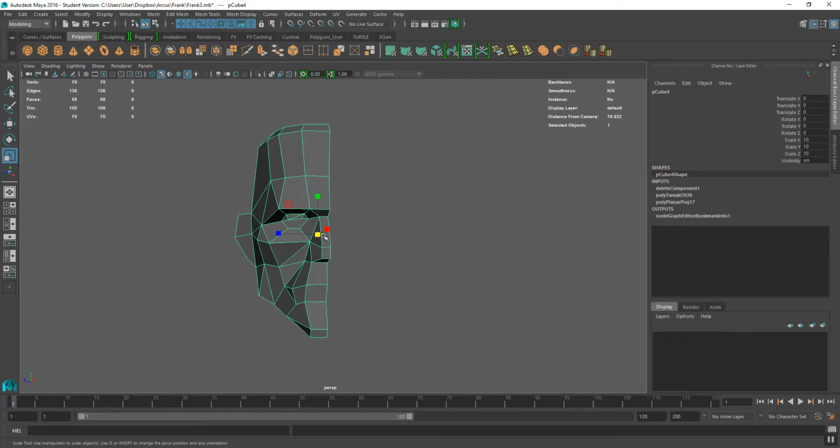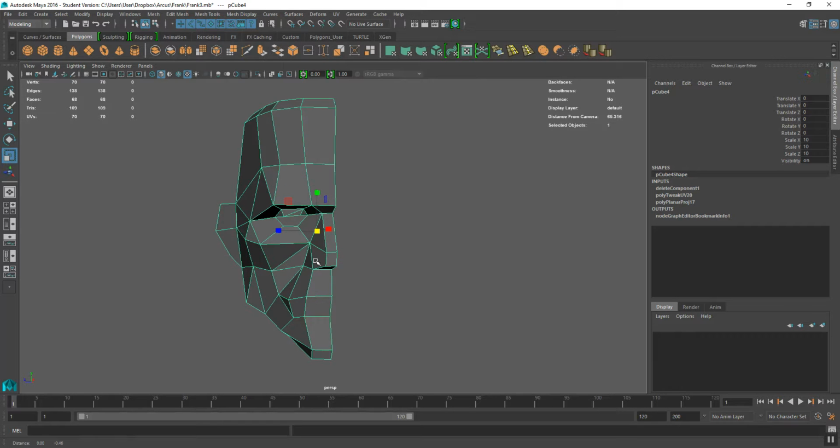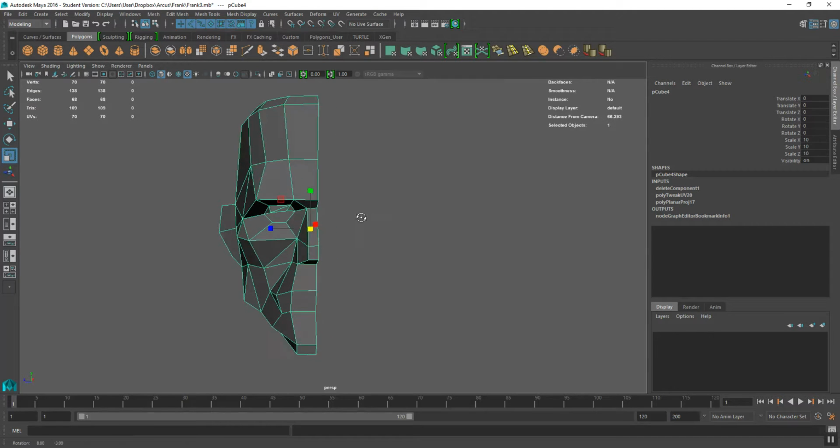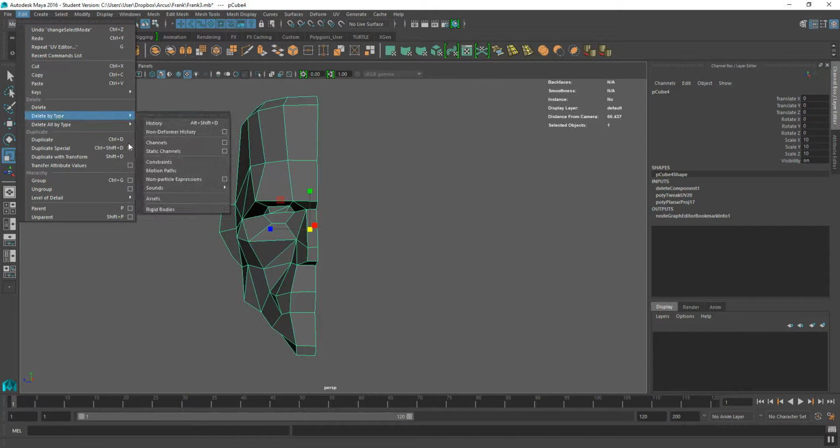One of the things I've been asked is how to duplicate stuff in such a way that I can work on one side of a face and still have it appear on the other side, so I don't have to mirror, I don't have to duplicate or model the same thing twice. The easiest thing to do, for me at least, is to go to Edit, Duplicate